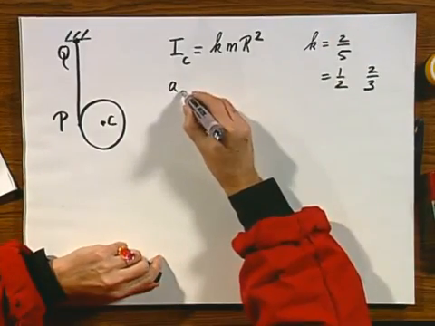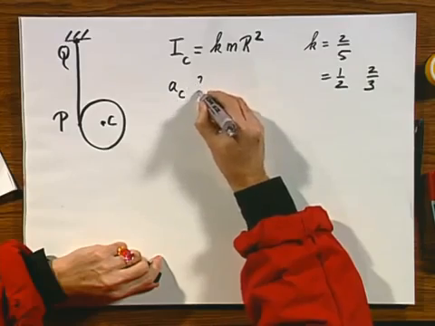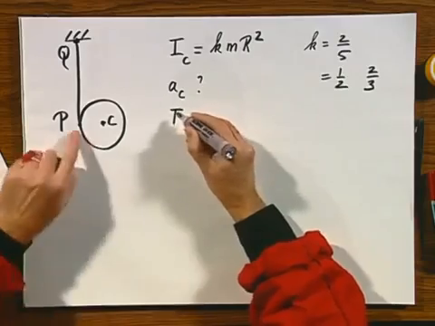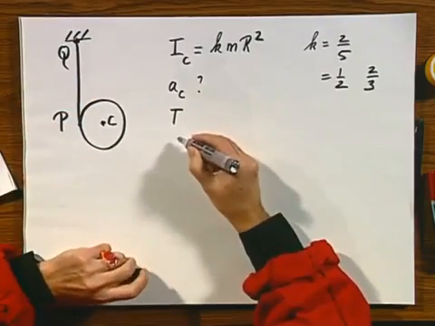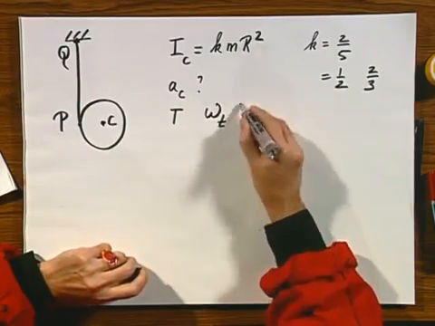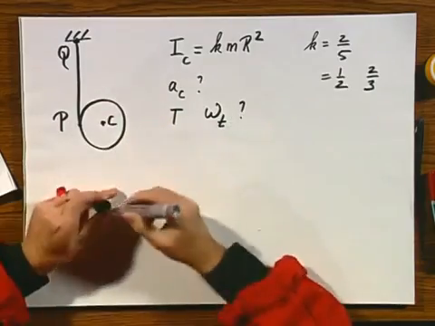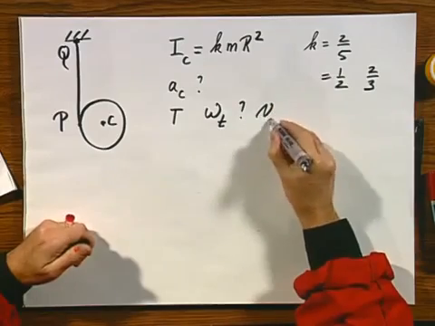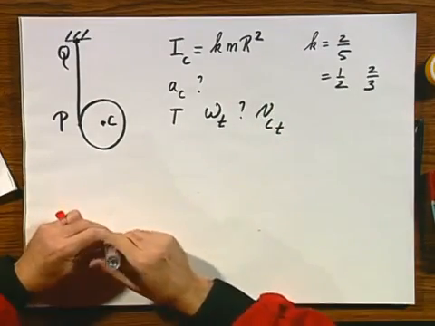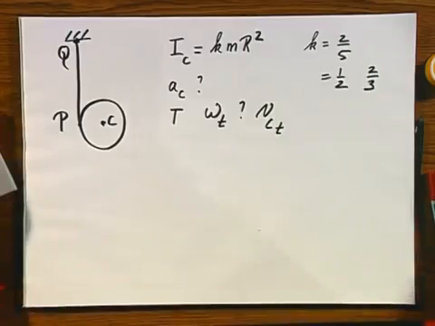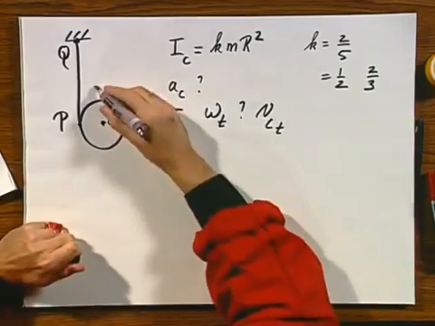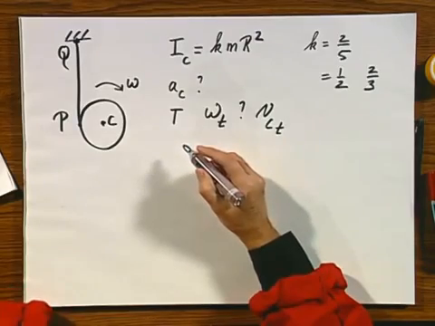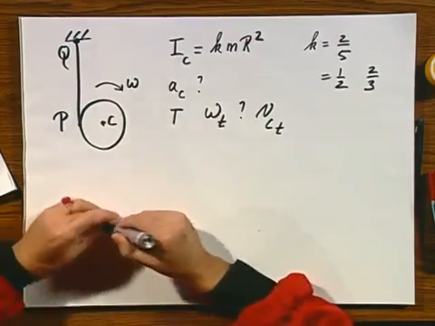And so the question now is, what is the acceleration of the center of mass as it goes down? What is the tension T in this wire, not to be confused with a period? And what is omega as a function of time as the thing starts to unroll? And of course you can add to that what is the speed of the center of mass as a function of time. The thing is going to rotate around with angular velocity omega,